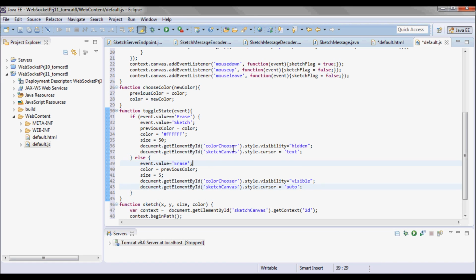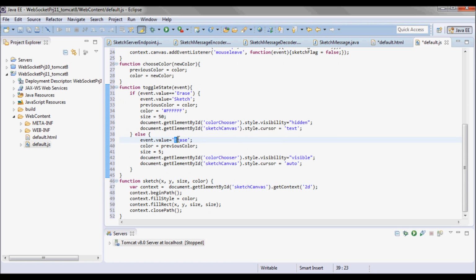Otherwise, so event.value will be erase, so we will be sketching, we would be in sketch state. So color is equal to previous color, and the size will be the sketch size, which is 5. And then I'll set the color chooser to visible, and the sketch canvas cursor will be auto.